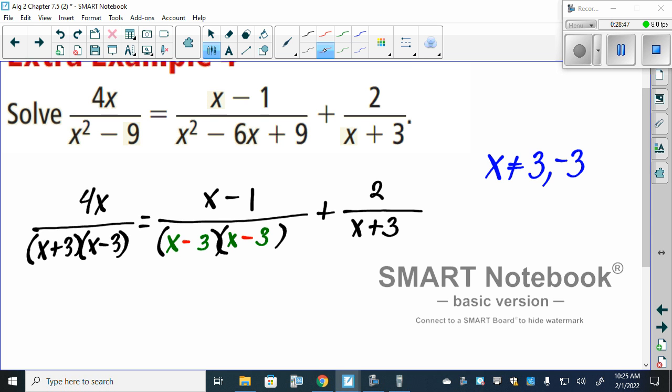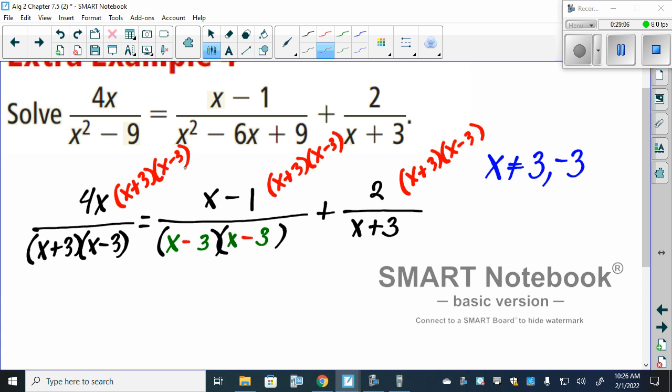Now, what are we going to multiply each one of these by? X plus 3, x minus 3. Yes? So let's go on and simplify out. Now on the first one, the x plus 3 and x plus 3 would cancel, yes? X minus 3 and x minus 3 would cancel. When you get to the middle one, the x minus 3 would cancel with the x minus 3, and the